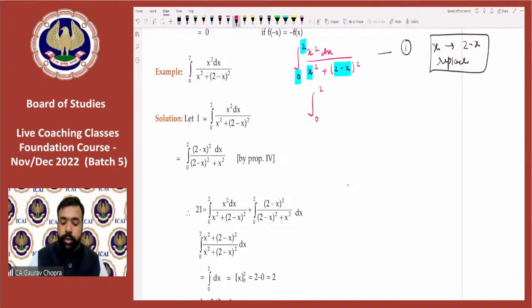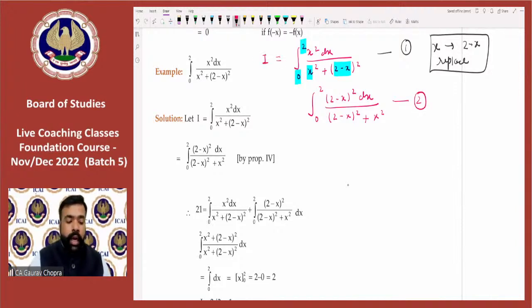Limit is the same, 0 to 2. In place of x, we are writing 2 minus x, so the integrand becomes (2 minus x) square dx divided by (2 minus x) square plus x square. This we have done. So this becomes property number two, equation number two. If we denote the first one by I and the second also by I,